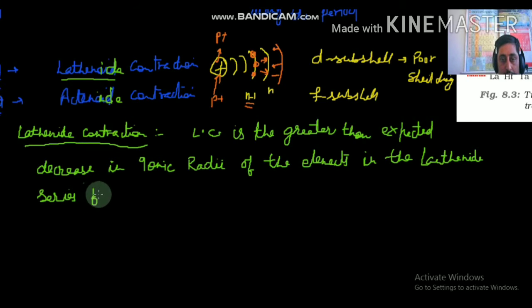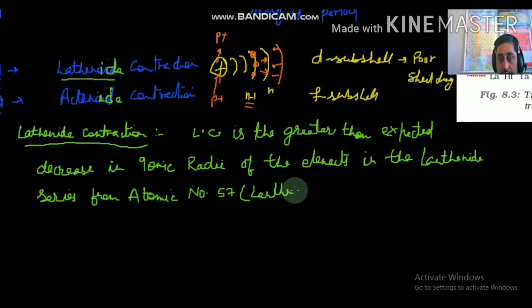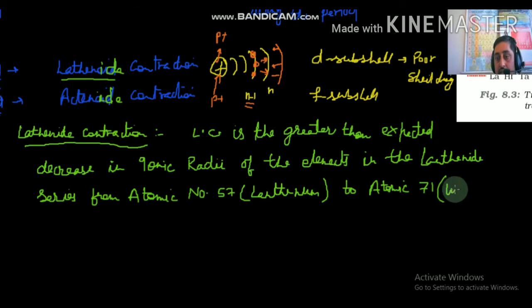from atomic number 57, that is lanthanum, to atomic number 71, that is lutetium. Atomic number 57 lanthanum to atomic number 71 lutetium, which results